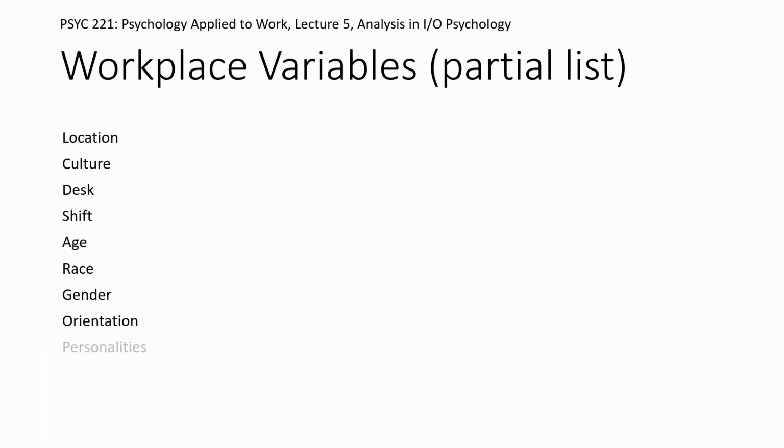Even things like the height of a desk, how big a desk is, what shift you're doing: night shift, midnight shift, weekend shift, day shift. All of these can have additional factors that come into play. The specific age of a subject, the average age of an experimental group versus a control group. There are other characteristics as well that would generally be diversity characteristics, but there's also individual differences in